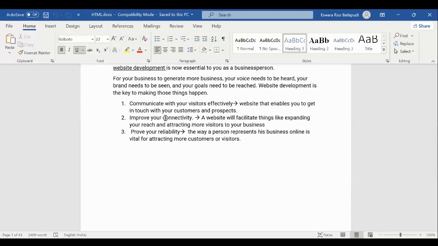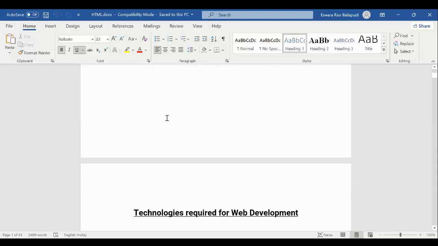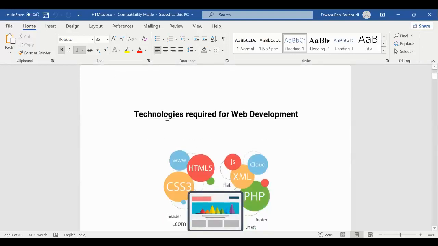Improving connectivity means each and every person can't come to me, and I can't go to each and every person to explain about the products. So for better reach, I create the website. This is the overall reason why a website and web development are required. That is the solution. You understand, right?